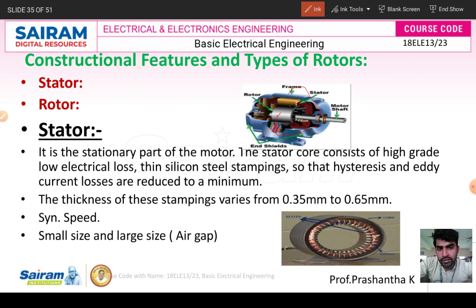And next is the poles, or stator poles, for holding the field winding. And the stator field winding: what happens when supply is given to the stator is that it produces a rotating magnetic field, or flux, inside the machine. And the rotor has rotor bar conductors. When a bar conductor cuts the rotating magnetic field, it induces a current, induces an EMF, and experiences a force. Alright. And there are end rings present for holding the rotor bars, and a shaft will be there for holding the overall rotor.